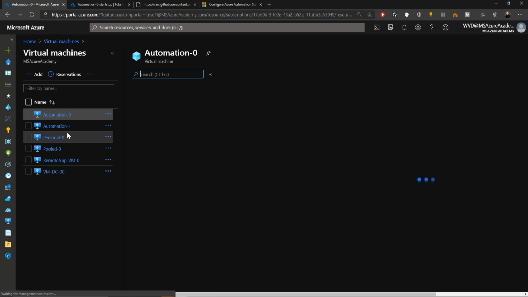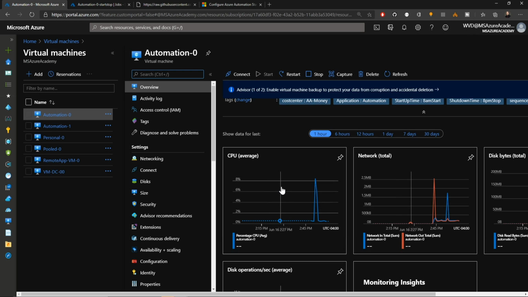So if we go back to the VMs real quick, what we're analyzing in this case is the CPU average. And we're going to watch it over the next several minutes. And if it does not meet that threshold that we set, which was 10% of usage, then it's going to see that the VMs can be shut down. And you see at the moment, we're not even using a full percent of CPU,